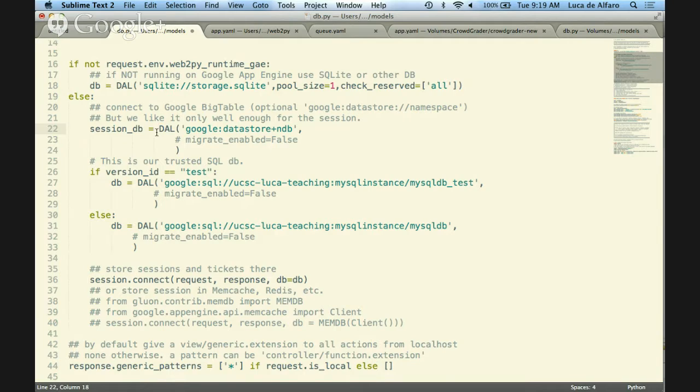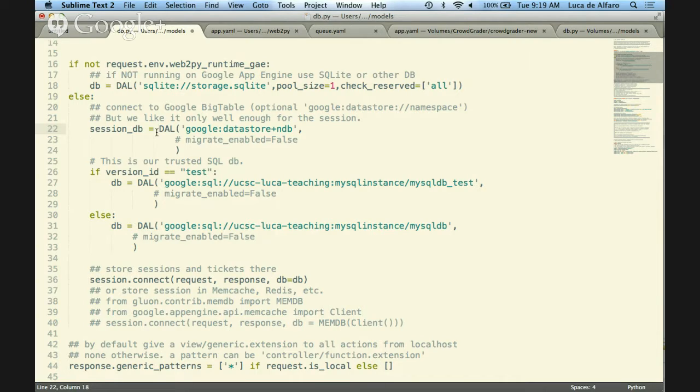So the user has a cookie and makes a web access, and this happens even for AJAX requests. The request comes in, there is a cookie, and what does Web2Py need to do first, before it even does anything related to you? It takes the cookie, it looks for the session ID, and it looks up the session information inside the session table.